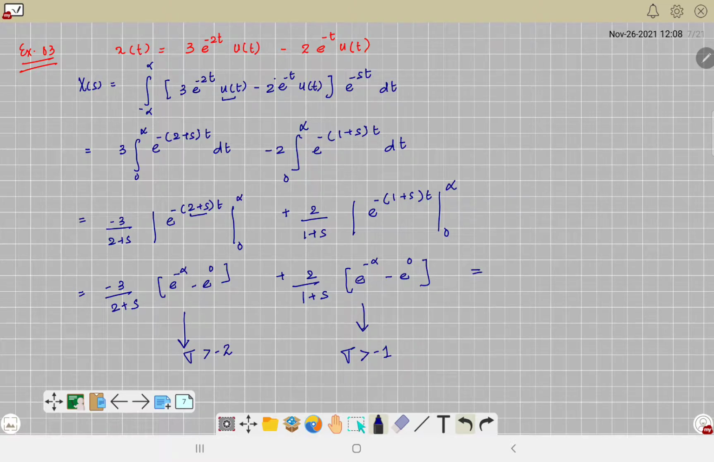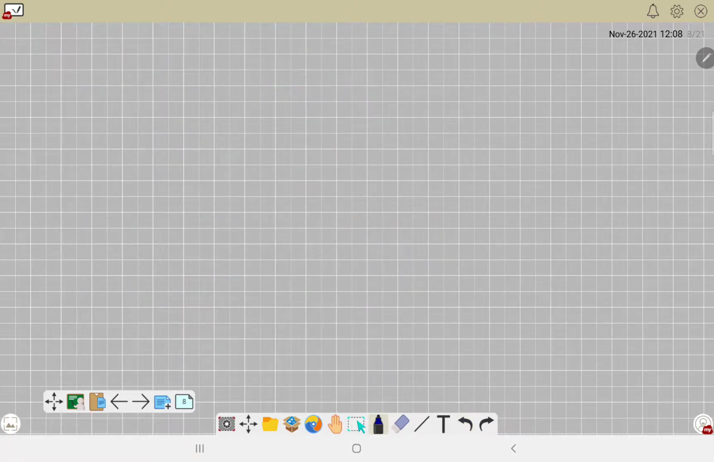Then when you combine it, this will give 3 divided by s plus 2, and this will give -2 divided by s plus 1. Okay, so for now we'll stop here. As far as the algebraic expression is concerned, we will have 3 by s plus 2 minus 2 by s plus 1. So right now the analysis has been done separately. We looked at this separately, and it turns out